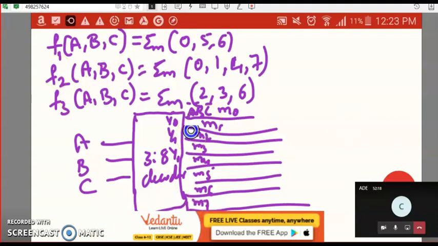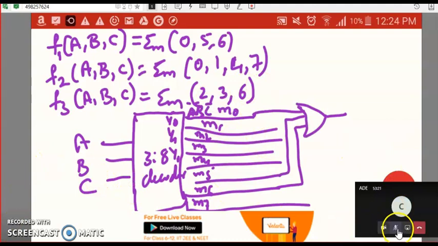Now we need to realize an expression for 0, 5, 6. So connect 0, 5, 6. If you have space, you can draw it vertically down. Is this clear? Connect M0, M5 and M6 to an OR gate.